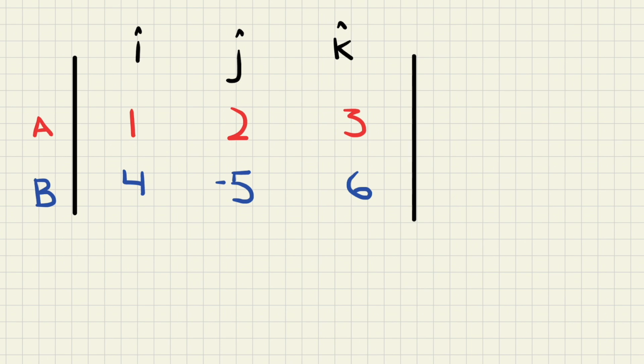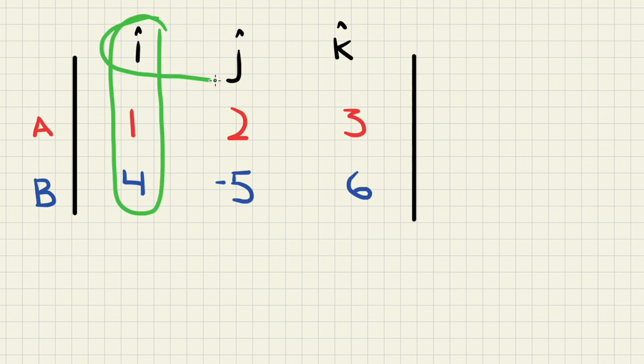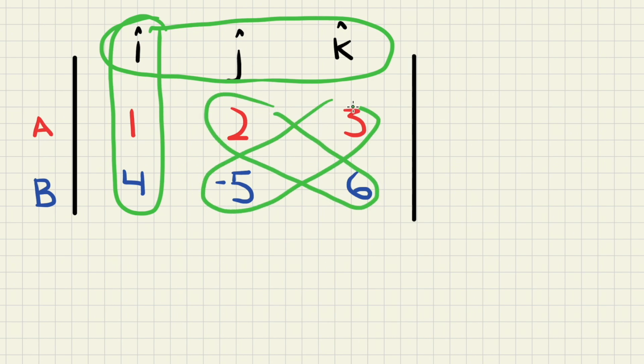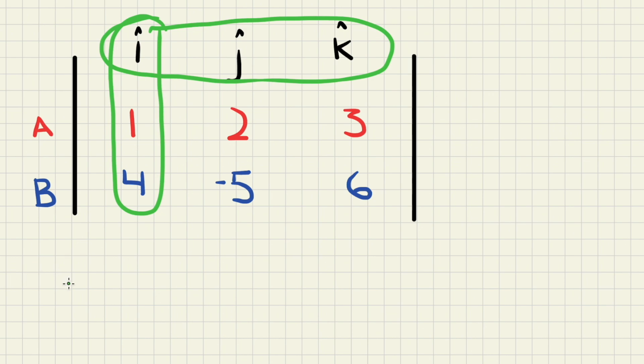So now that we have this, we can go ahead and find all of our cross products. So we have to find it for all of our elements that we have here. So for I, J, and K. So we can start with the I hat. What I'm going to do is circle the row and the column that it's in. And we're going to ignore these values over here, and we're going to concentrate on these. What we're going to do is multiply these numbers that are across from each other and subtract them. So for example, our I component is going to be equal to